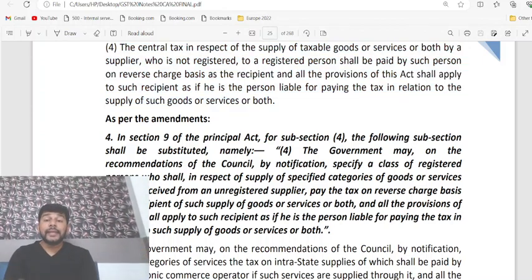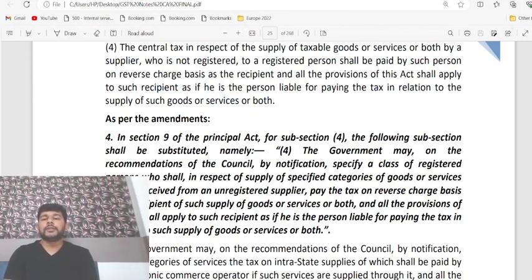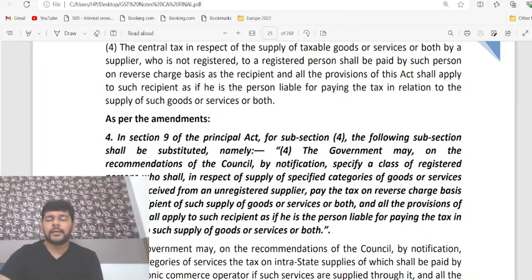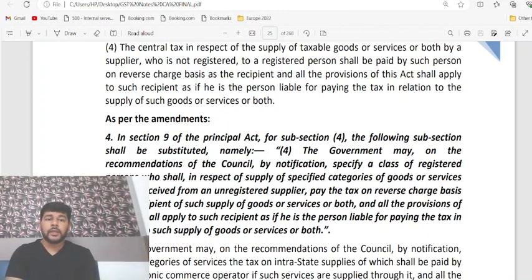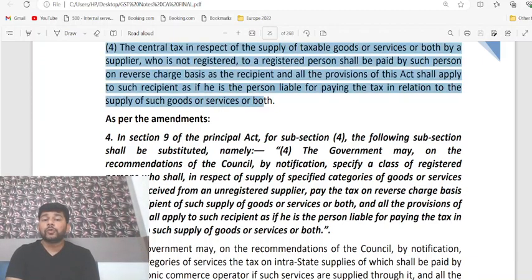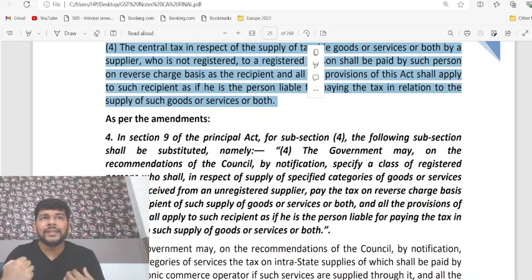Section 9 subsection 3 specifically talks about notified supplies on which the recipient would be liable to pay the tax under reverse charge mechanism. In it, it did not matter whether the supplier was registered or not registered. Once that notified supply was received by the notified category of recipient, it was liable for reverse charge. When 9 subsection 4 was originally introduced, it said that all taxable supply of goods or services made by any unregistered person to a registered recipient, the registered recipient would be liable to pay the GST under reverse charge